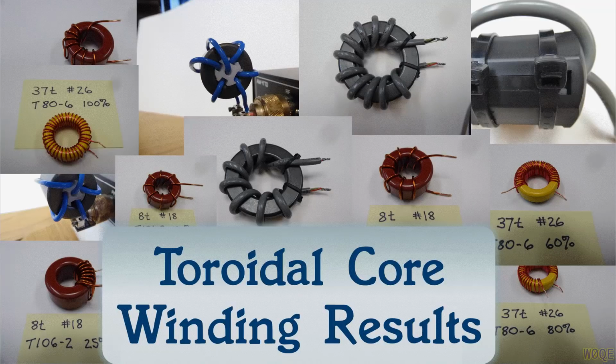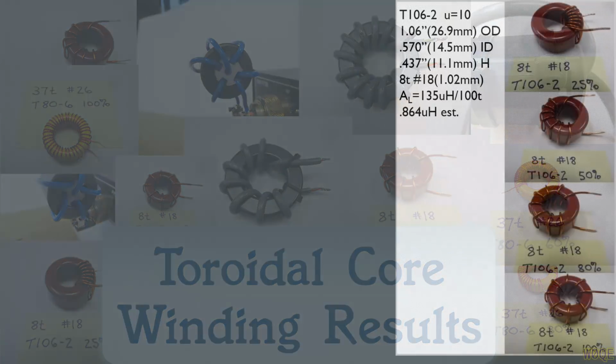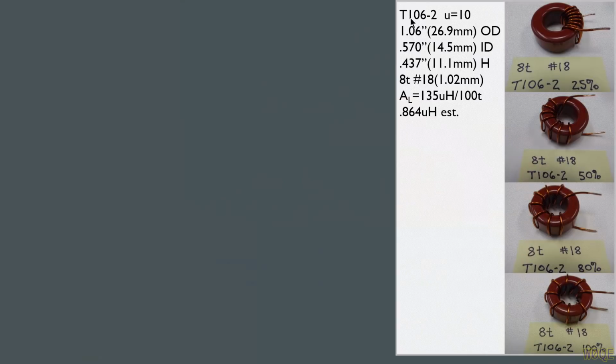This is Larry Benko, W0QE, and I wanted a lot of wire on toroids recently for the previous two videos. I thought that if I added a few new toroids, a video showing the effects due to various ways of winding the cores would be interesting. So let's get started. For the first test, I took a T106-2 core, which has permeability of 10, and these